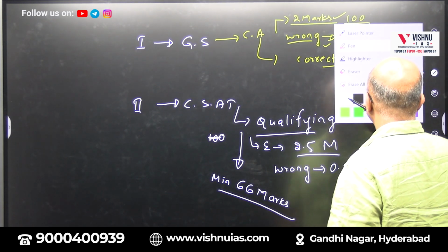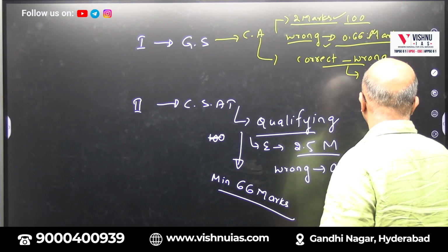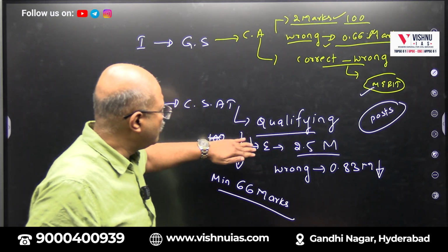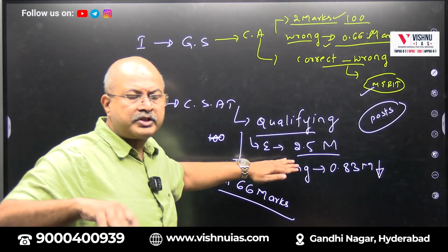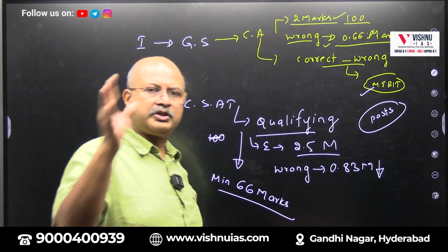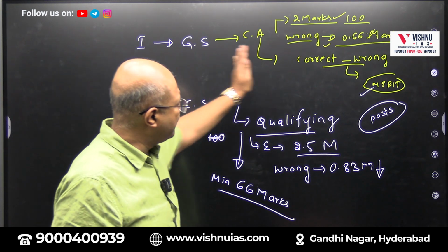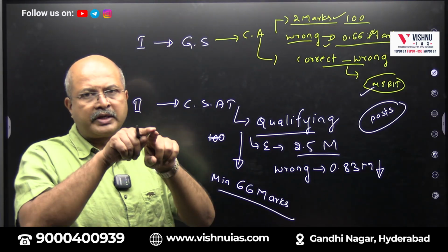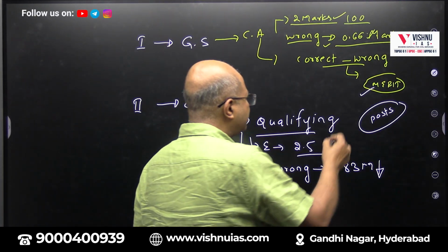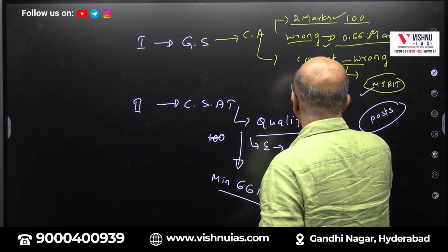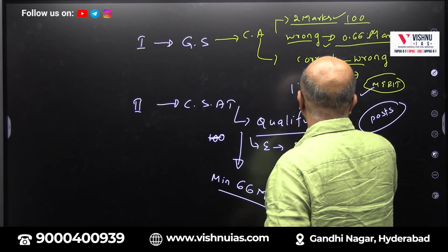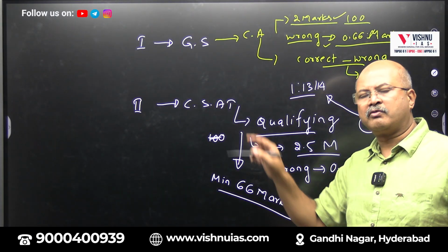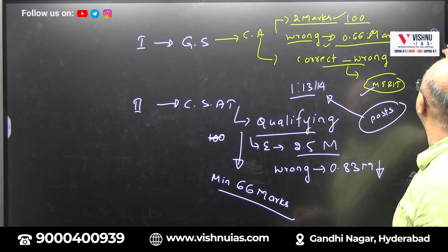And this is how the merit is seen, based on the number of posts. So hence, paper 2 plays an important role, even though it does not carry marks which add to your merit. But paper 1 is very important, where your marks play an important role in calculating your merit. So once you meet the criteria, say around 1:13 or 14, based on the number of posts, then you will be eligible for the second round, which is called the mains examination.